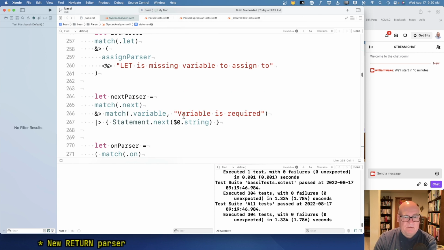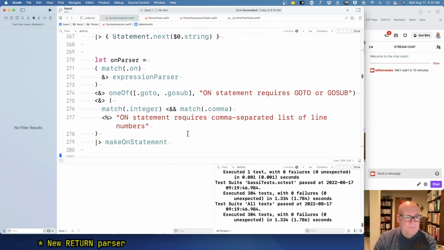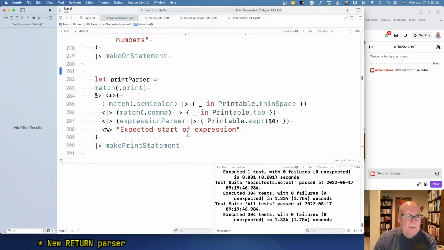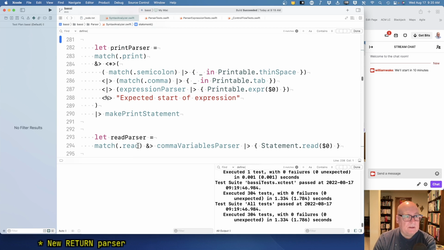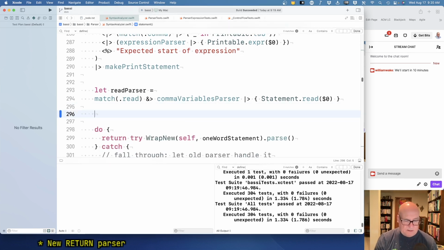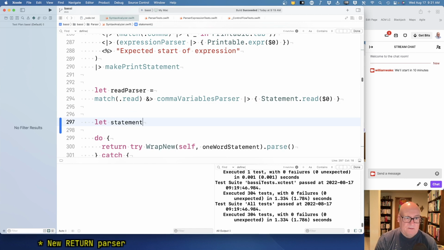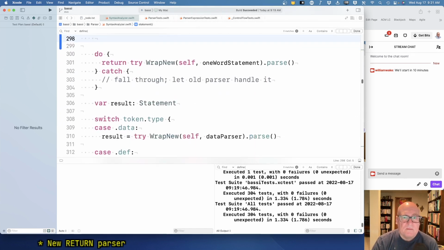Match next, match variable. It's pretty close there. Okay, so what I want to say, my statement, read, I guess that's the end. Okay, so let's define statement parser equals, well, it's one of these,